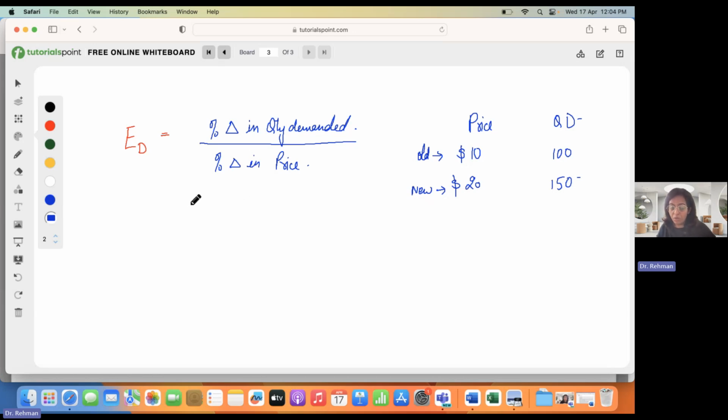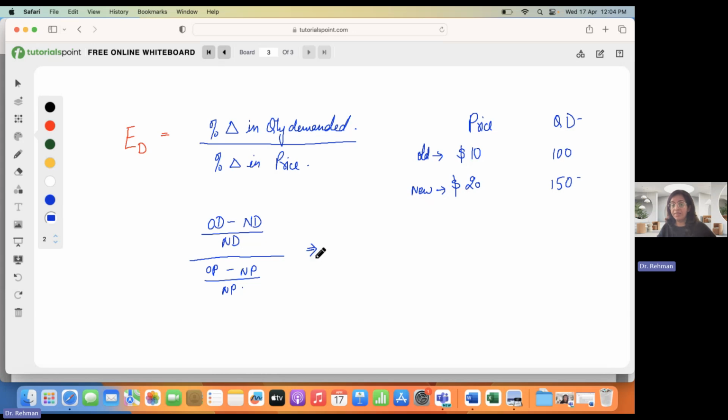Now, how do we calculate the percentage change in quantity demanded? The formula is old demand minus new demand divided by new demand. Okay, this will give you percentage change in quantity demanded. Similarly, old price minus new price divided by new price. This will give you percentage change in price. Once you have done this,